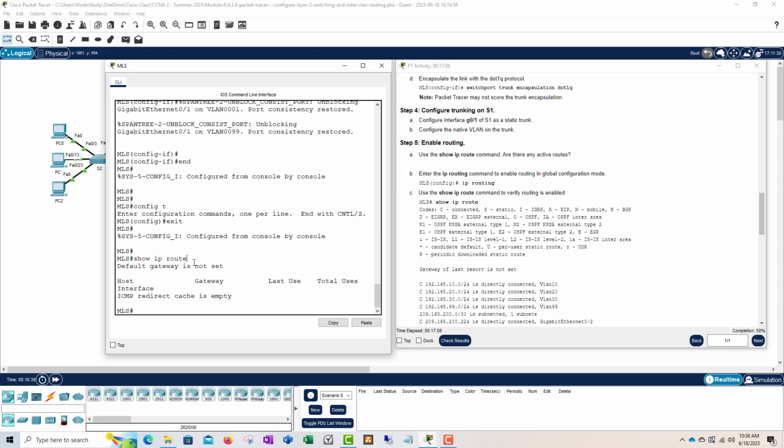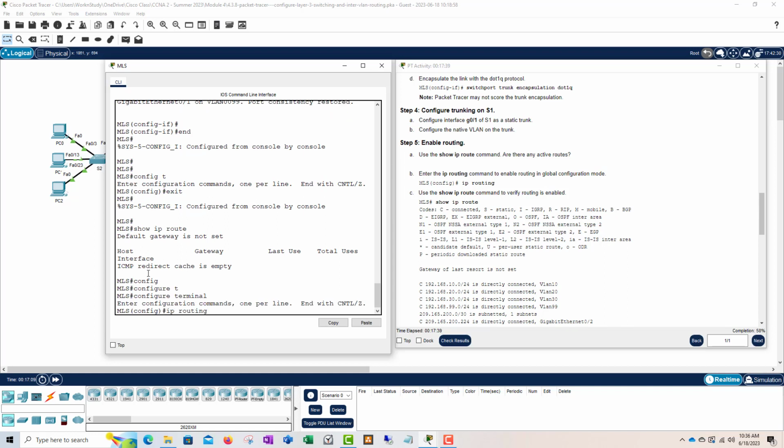For this layer 3 switch, by default it does not have a routing table, right? Obviously newer Cisco devices enable this automatically for a layer 3 switch, but some old legacy devices that I've seen during my work years, you need to enable this command,